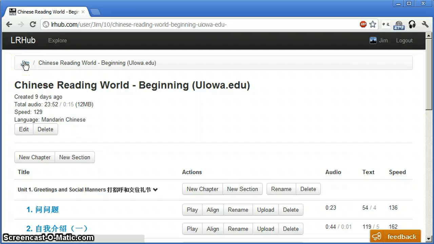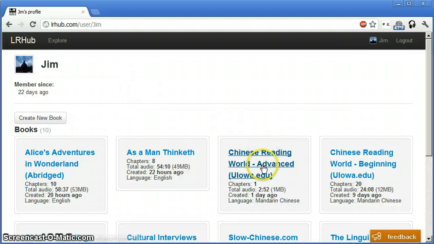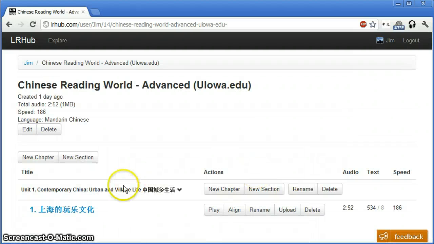129 altogether. But if you jump over from beginner content over to something more advanced, well, let's just go into the advanced book. I think I have something here. Well, only one chapter. There you go, the speed is 186, much faster. So that's really cool. I was very pleased to see that I could calculate this, and I think it might be relevant.